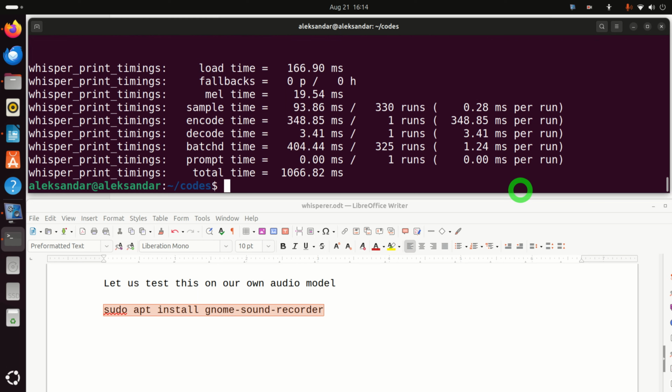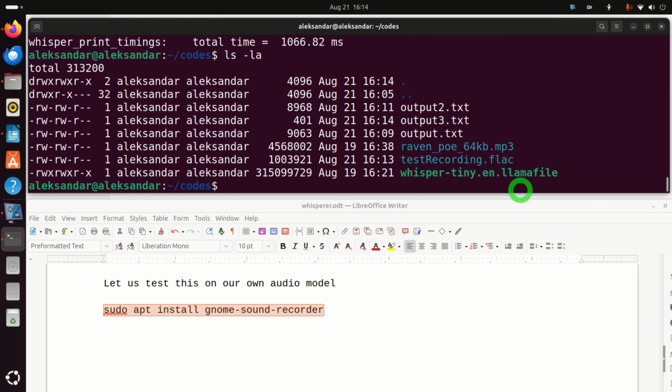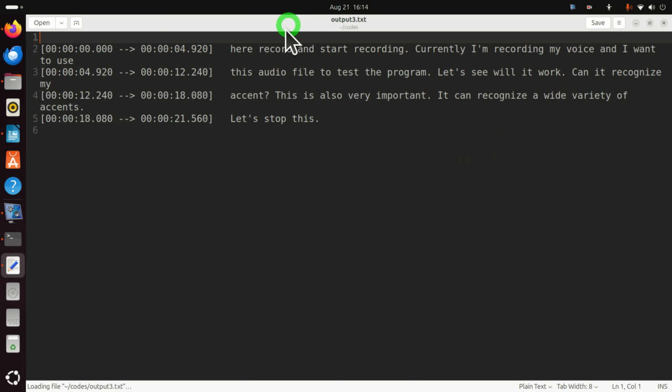1 second. Simple as that. Let's see the output. Output3.txt, and voila, here: